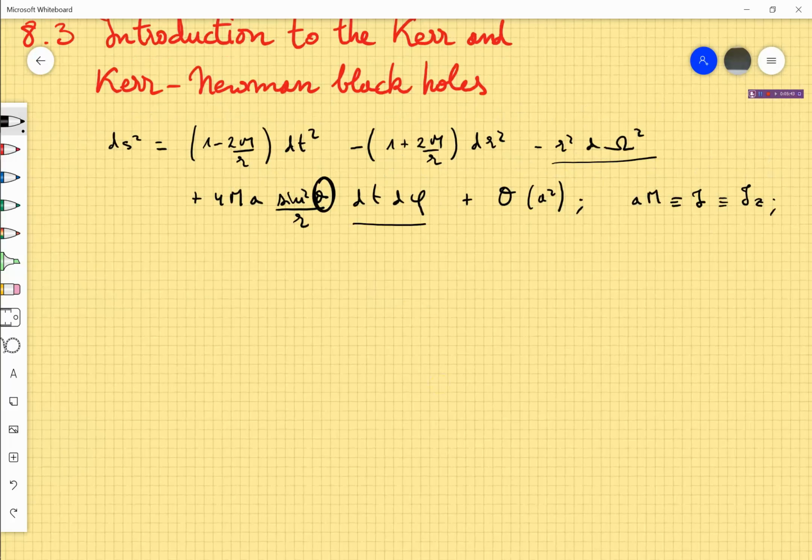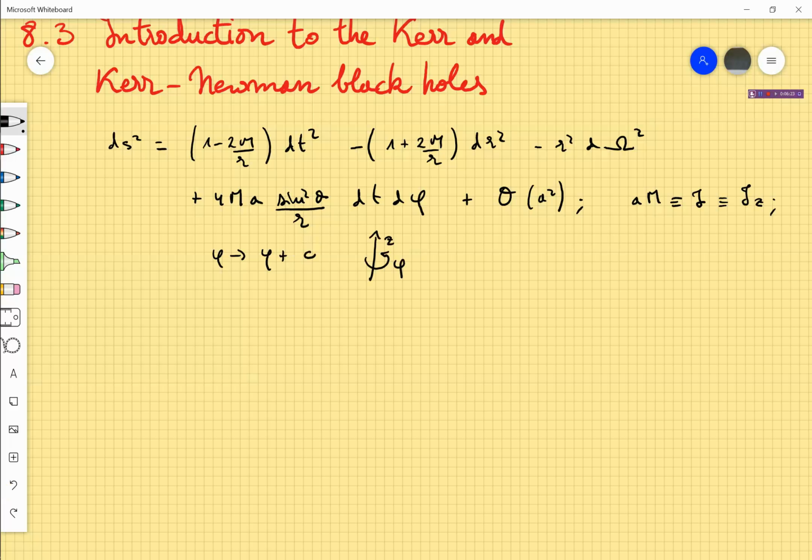So this second line breaks explicitly spherical symmetry, but not completely, in the sense that still the metric is invariant under transformations in which you shift this angular coordinate phi by a constant. The metric does not depend explicitly on phi, and then you can shift phi by a constant, which amounts to rotating the whole space-time around the z-axis. You have the z-axis, and phi is the angle measuring around